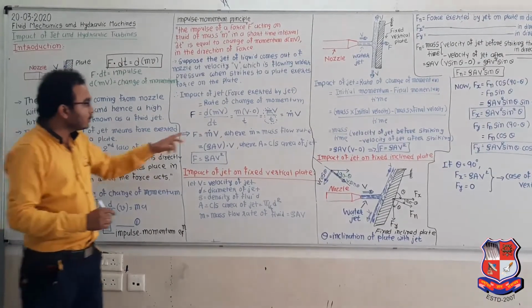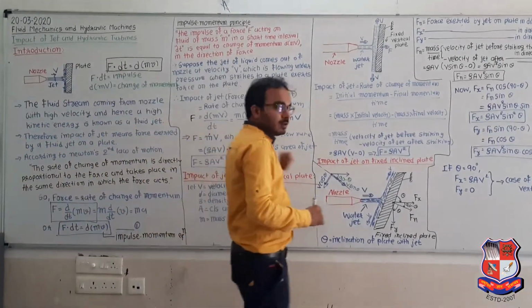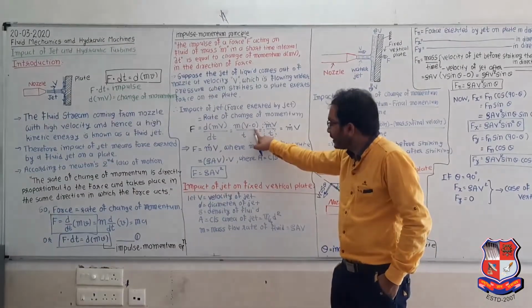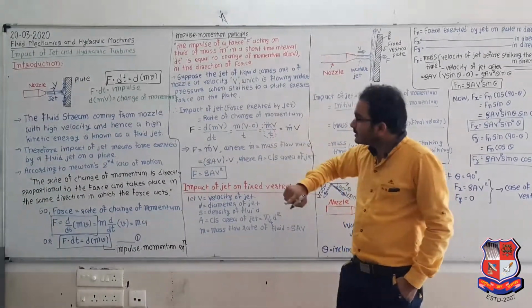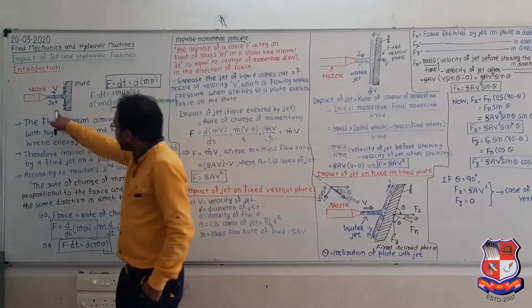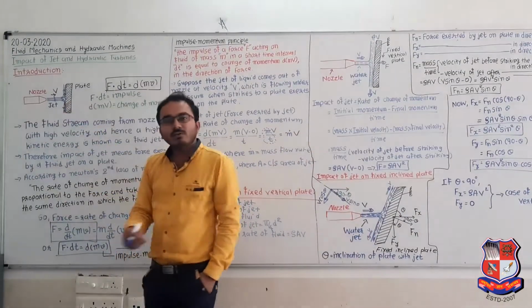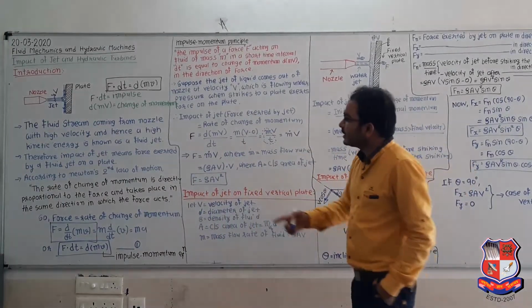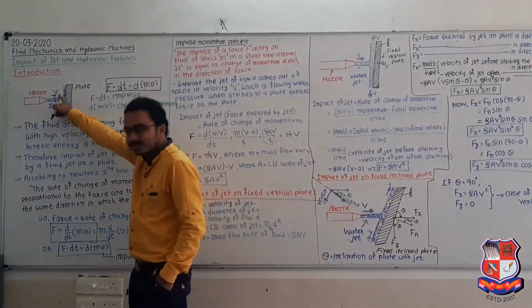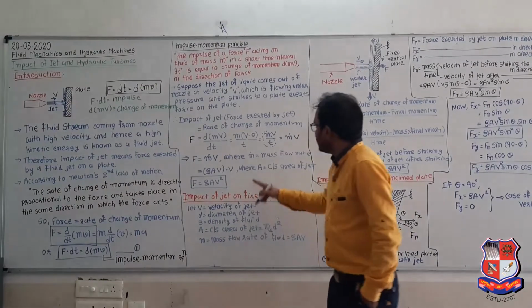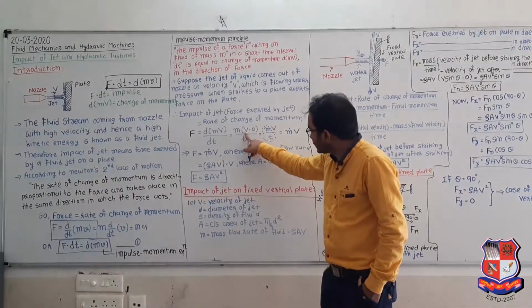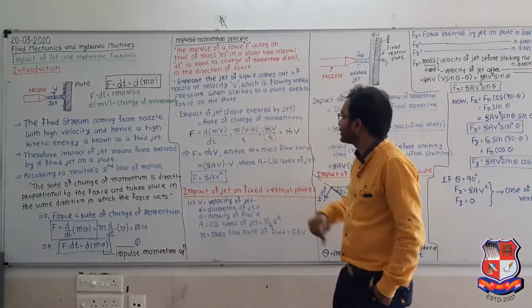So here now we will consider that the initial velocity is capital V and final velocity is 0. So we are considering that once the jet of water strikes this plate, the velocity will become 0. That is, final velocity is 0 and initial velocity, as already mentioned over here, is capital V. So the rate of change of velocity is V, that is initial velocity, minus 0, that is final velocity.